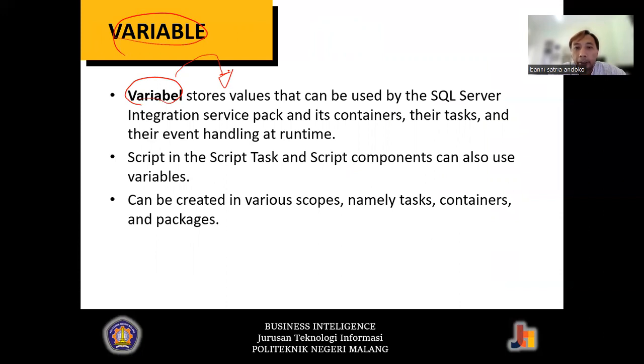So basically, the variable has several scopes, such as tasks, containers, and packages.